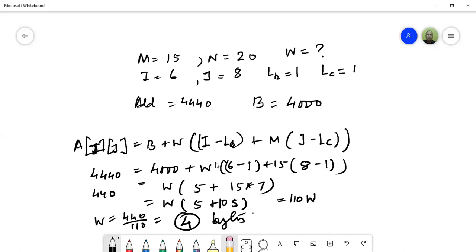Just remember the formula, because if you don't remember the formula, you will not be able to calculate it properly. So it's important for you to know the formula if it is column major wise and the formula if it is row major wise. In column major wise, we are multiplying M with the difference of columns, and in row major wise, we will be multiplying N, that is the total number of columns, with the difference of rows. Rest all is same. That's the only difference. So my answer comes out to be 4. Clear, all of you? How we have done it?